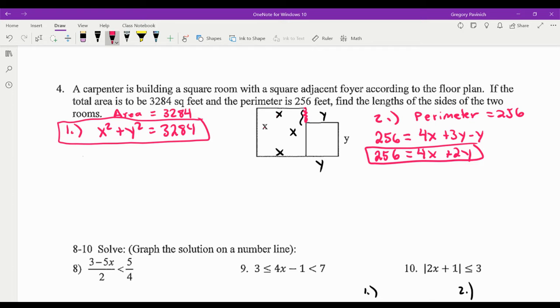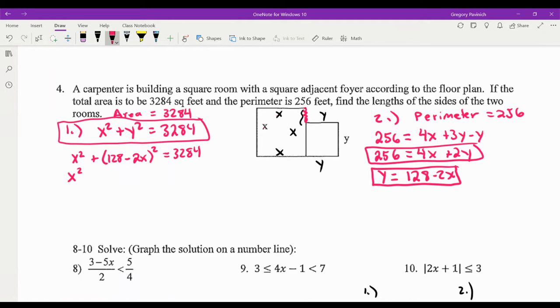Okay, now I have my two equations. So what am I going to do? I'm going to solve for one of my equations. I'm going to solve for y. And when I get y by itself, I'm going to get 128 minus 2x. That's by subtracting my 4x and dividing everything by 2. Okay, and now I'm going to come over here to my equation, and I'm going to substitute that in for my y. So I have x squared plus 128 minus 2x squared equals 3284,